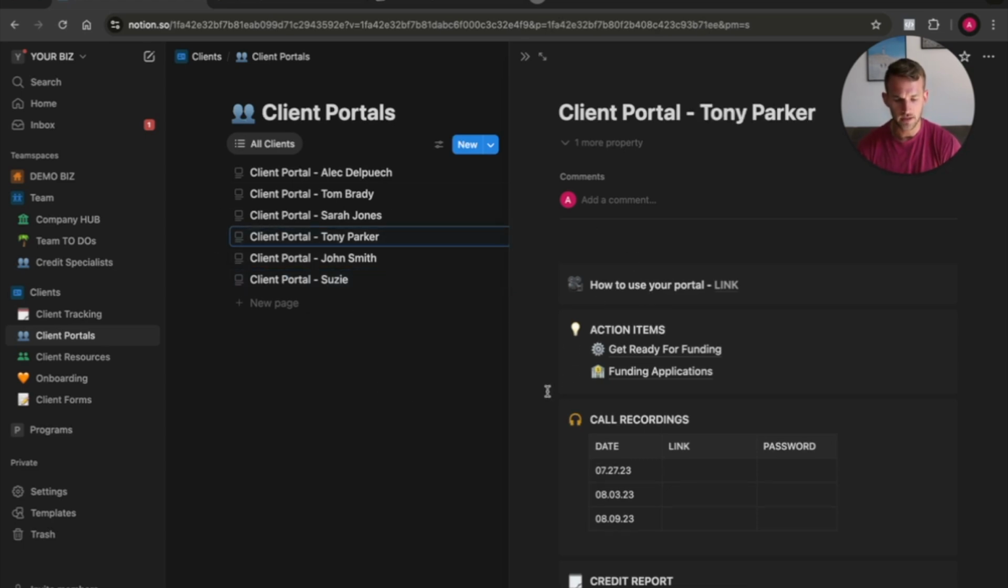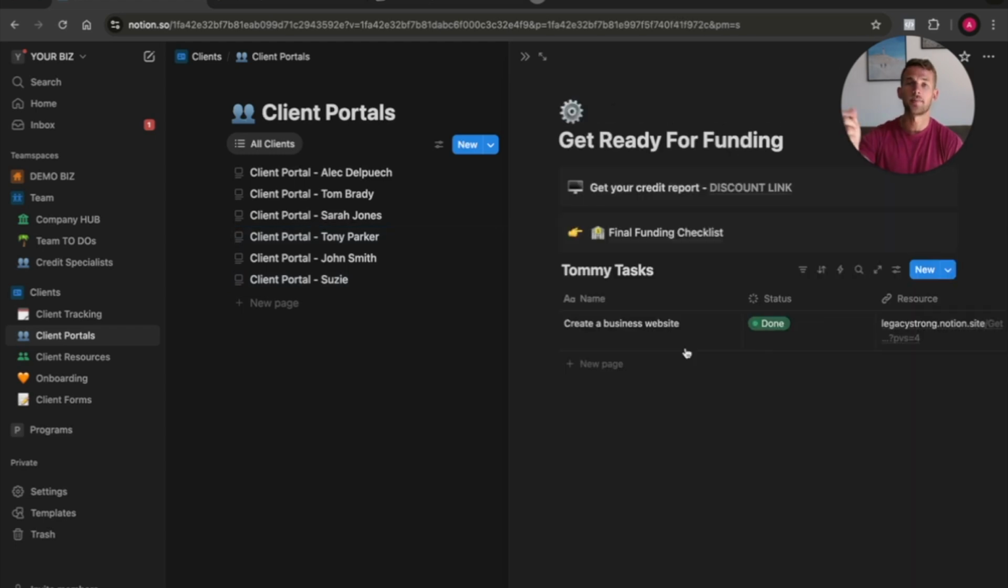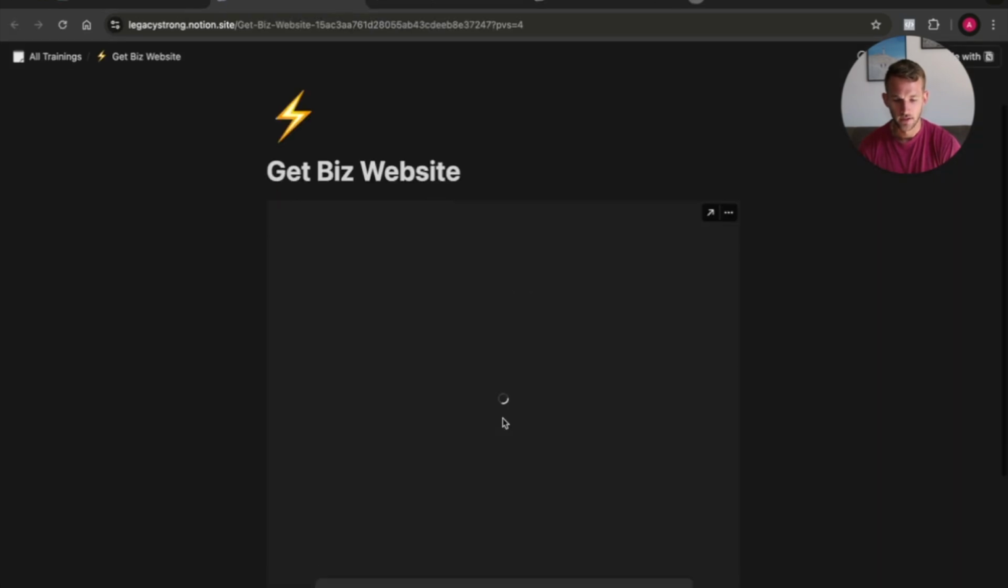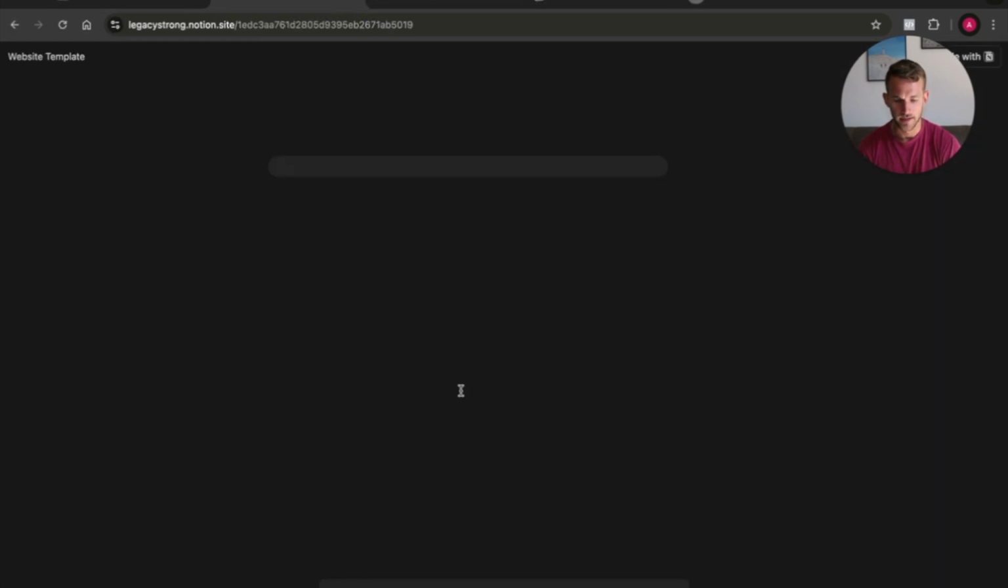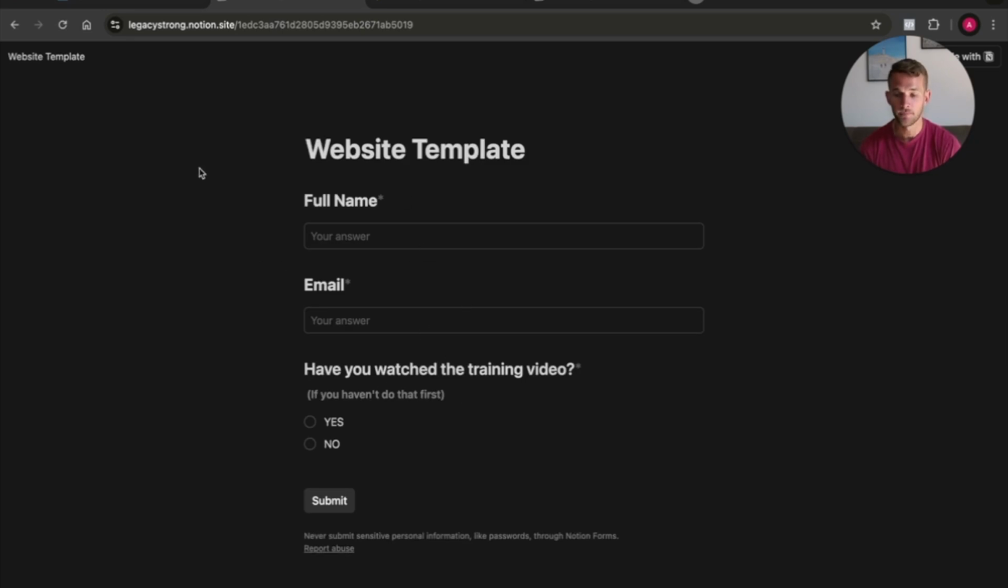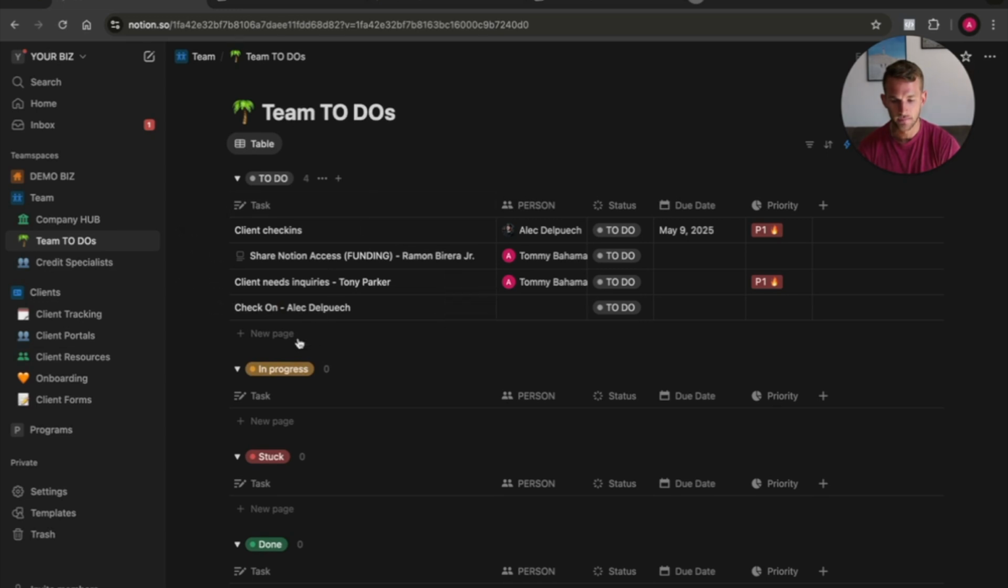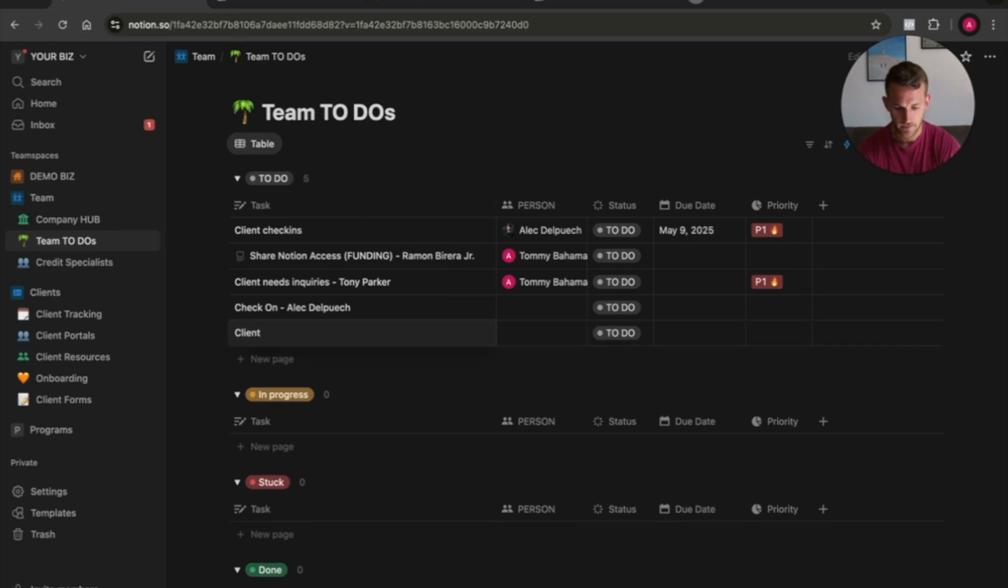So within the client portals, right, one way that we automatically assign tasks right here to our team is going to be, for example, when we have these different client tasks. So if they click right here and if they want our template, they'll be able to fill out this form. And once they fill out the form, it'll automatically add the team to-do. And it'll say client request